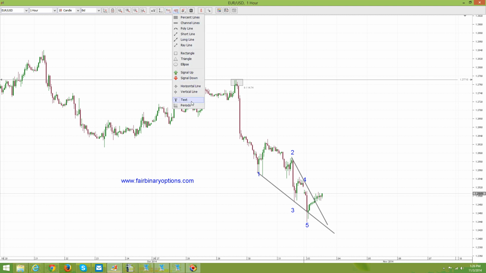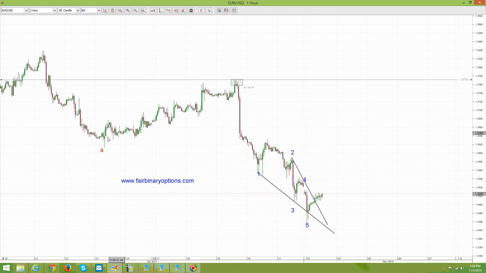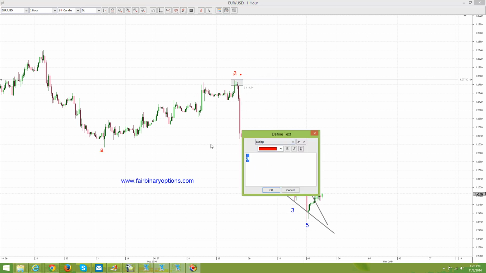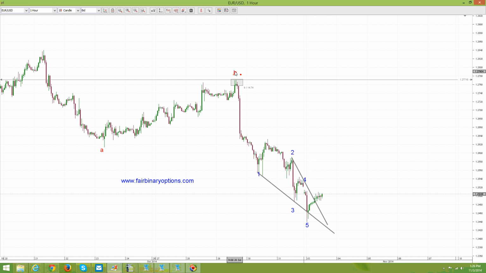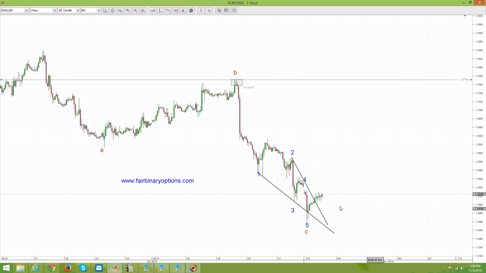I would say that this is nothing but a leg of a contracting triangle of a bigger degree. So this would be wave A, this to be the B wave, this to be the C wave. So A, B, C. Now for the C wave, out of this degree in red, we had, of course, the